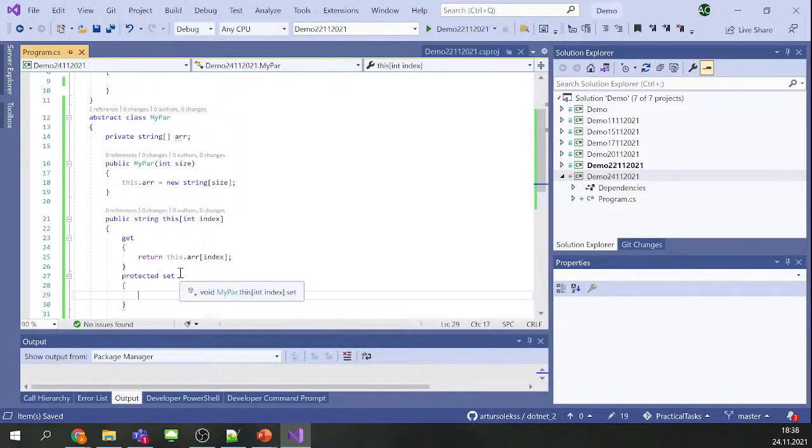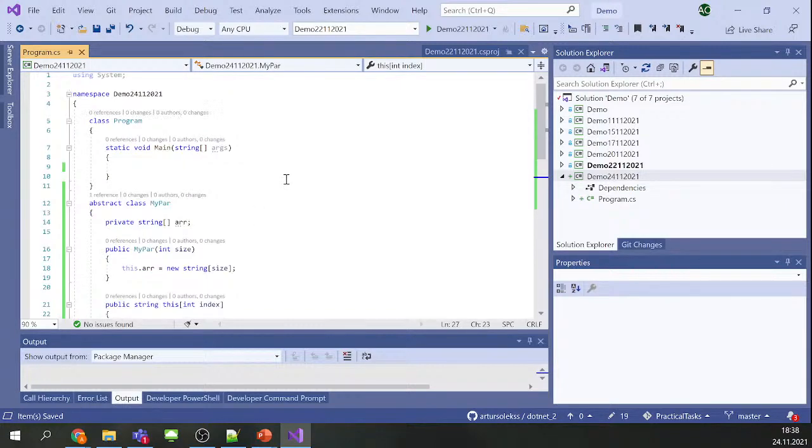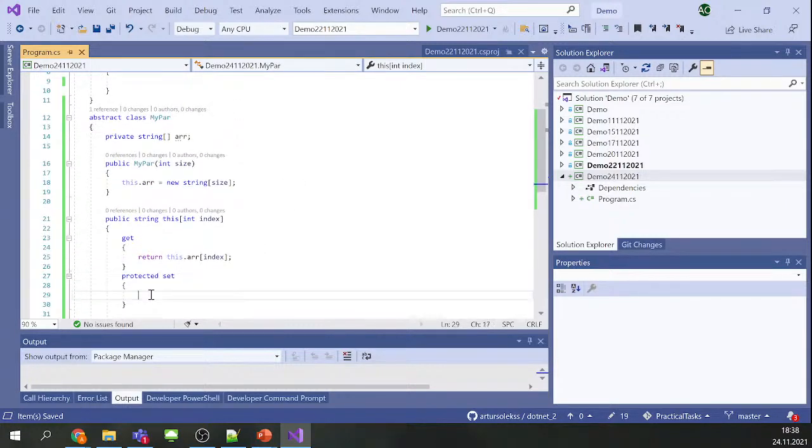The setter is actually also a method, so it's callable code which can be executed, and that's why I can also protect it from being used in some places in the code. So if the setter is protected,